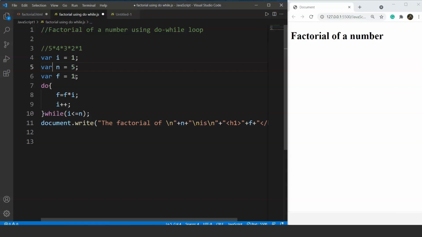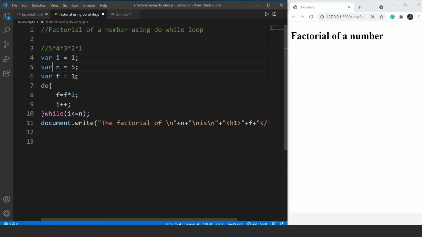Then again the value of I will be increased and become 3, and it will change the value of f as well. It will become 6, and the value of I will become 4. Then it will check if 4 is less than 5. Yes, 4 is less than 5, and then it will multiply 4 with 6 because the value of f was 6, right?